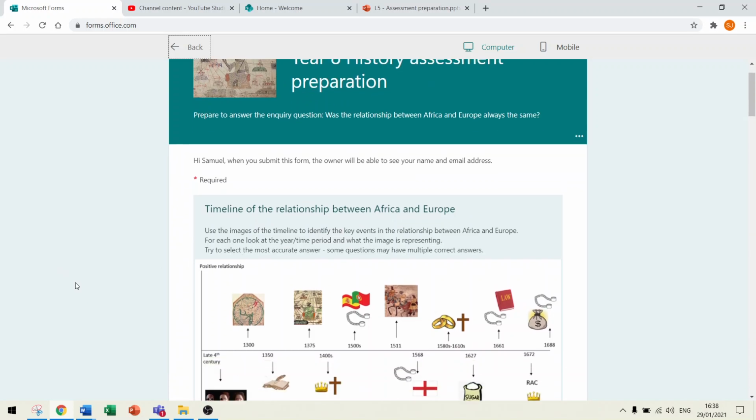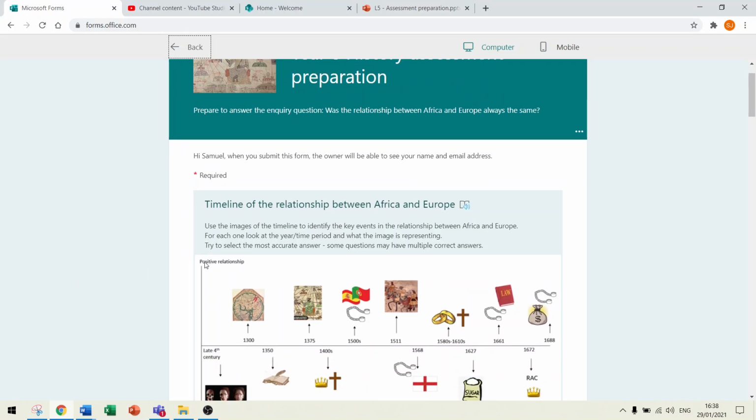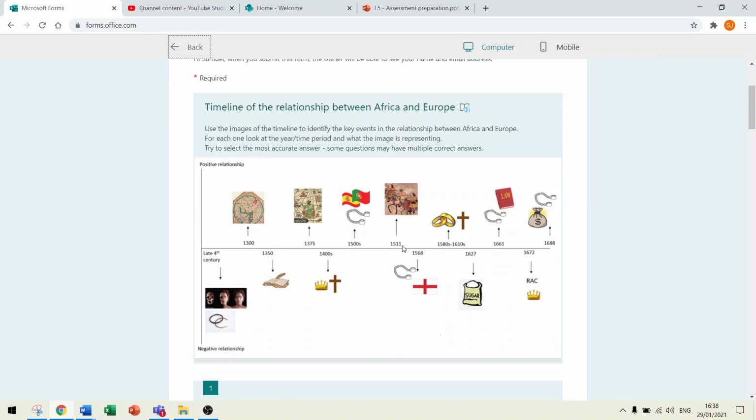You're going to be sent a PowerPoint document as well, which is going to have this timeline on it, so you can see it far easier, so you can access both, just because some of the images are a bit small on here. And the first thing is just checking your knowledge, really. So here's a big timeline of everything we've covered in the last 4 weeks.